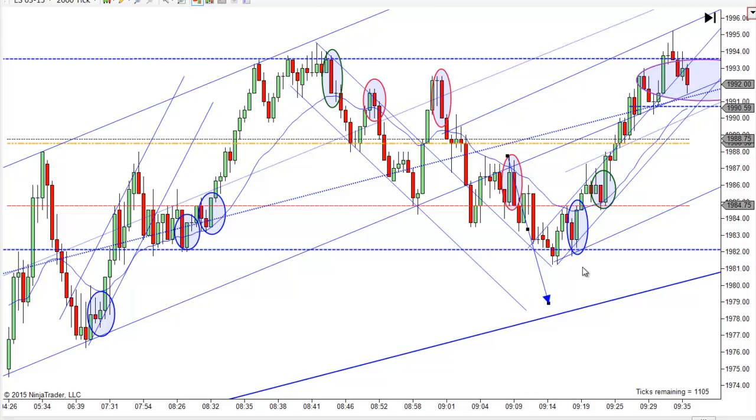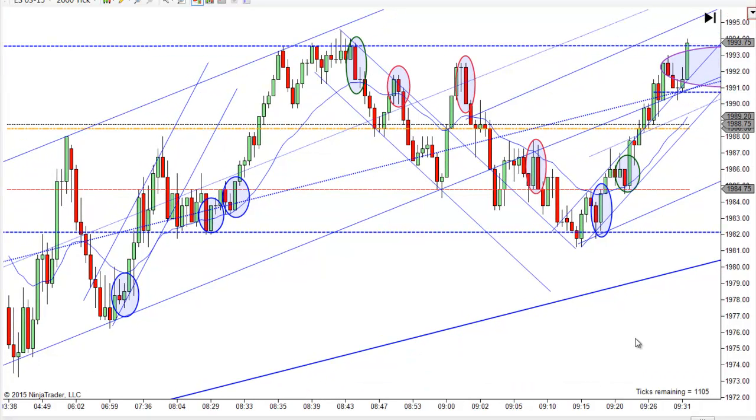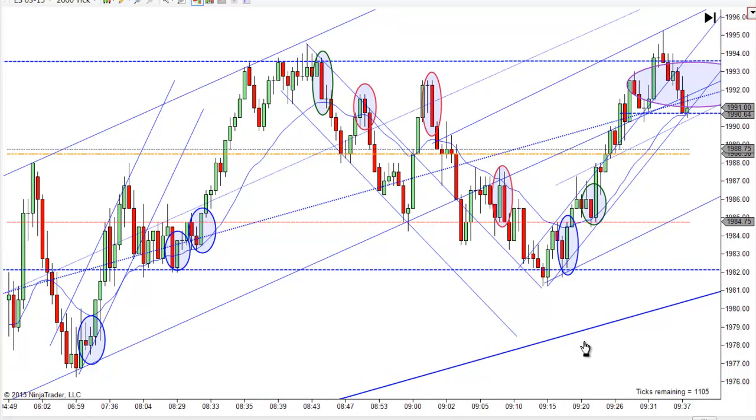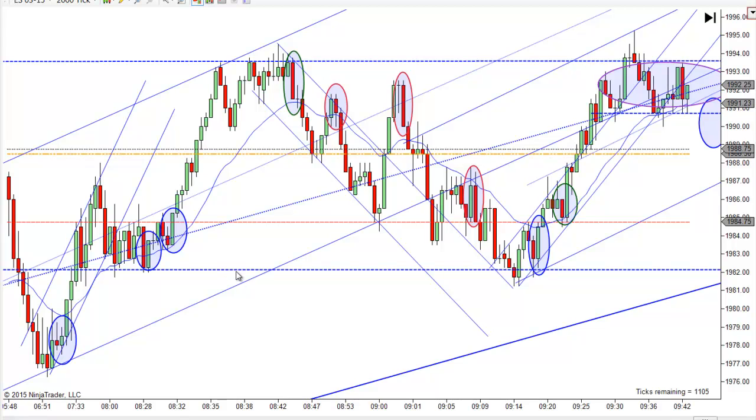And notice we didn't get that. It held at that support, so that tells you something too. If you don't get there and then you get a reversal type pattern at a strong support or resistance, then it usually means you're going to go much higher in the other direction. But we got that little failed break lower, so you might have even gone long right there. It's a little aggressive. I didn't mark it. I think you're better off to wait